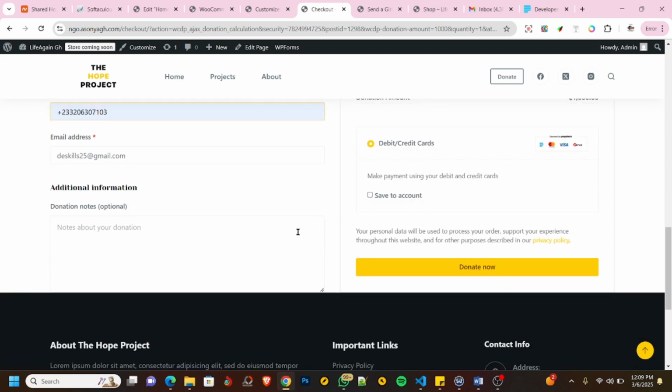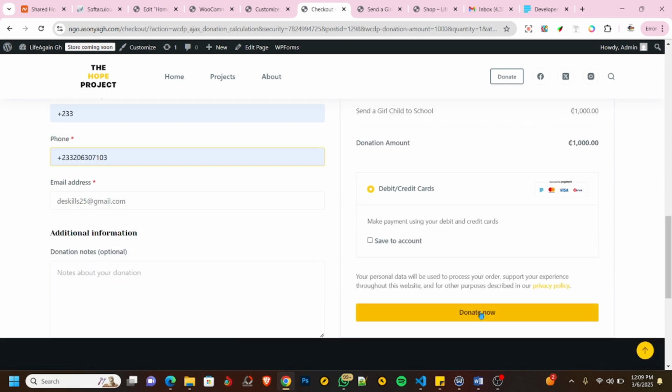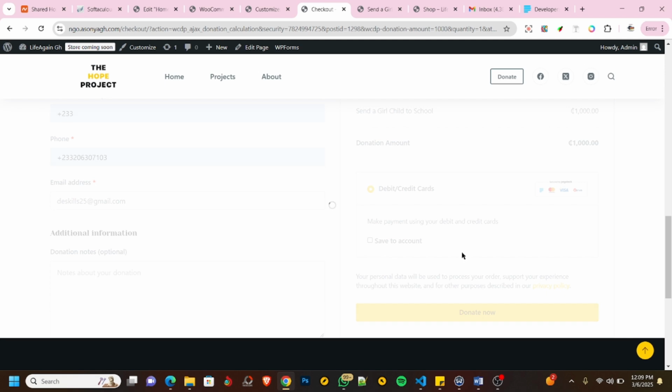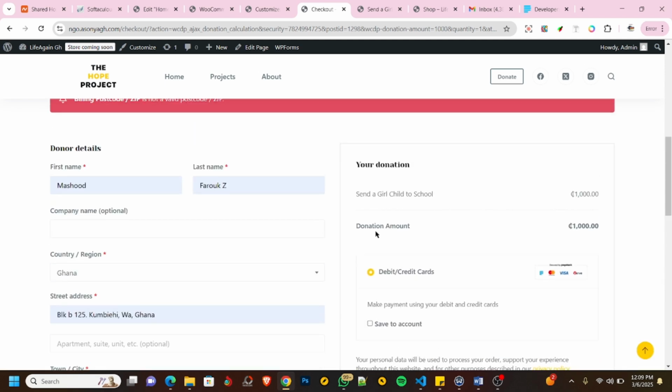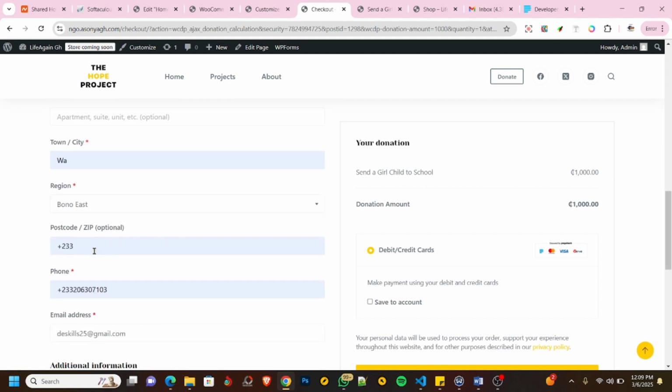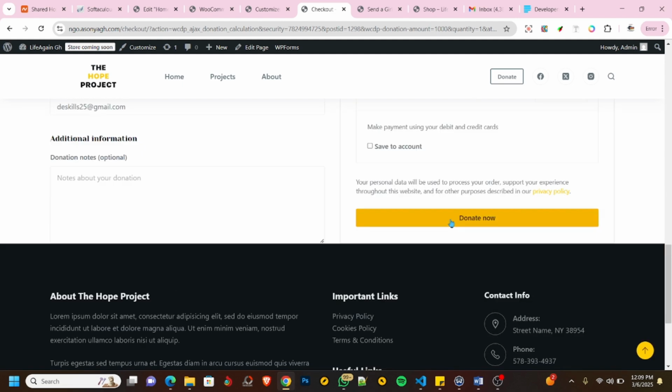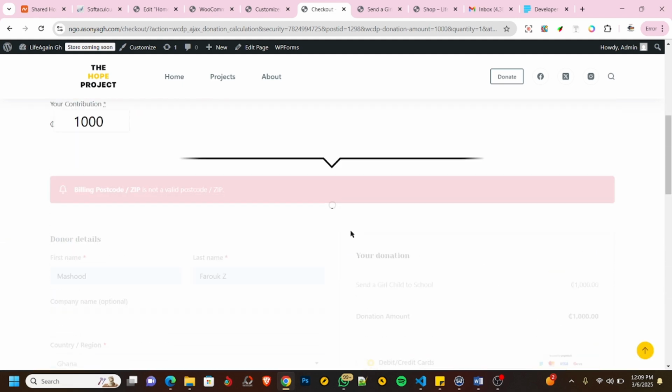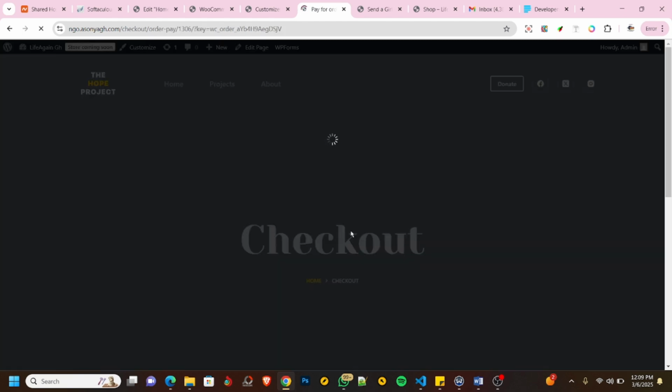You have an additional, then you just have to click on donate now. Zip says zip is not valid. Okay, I'll just remove it. Donate now, and then